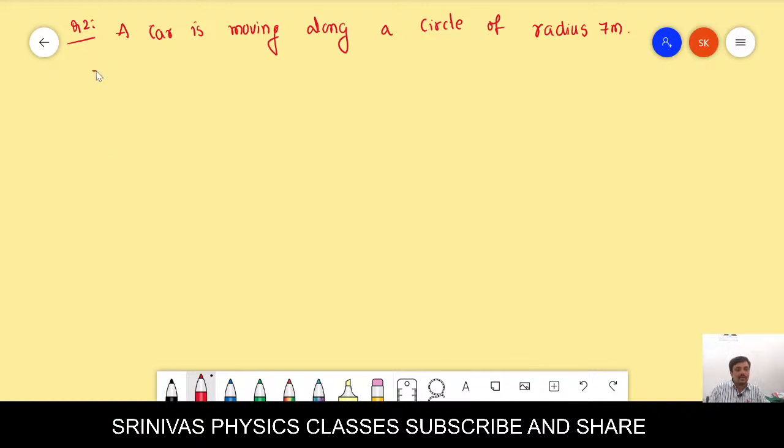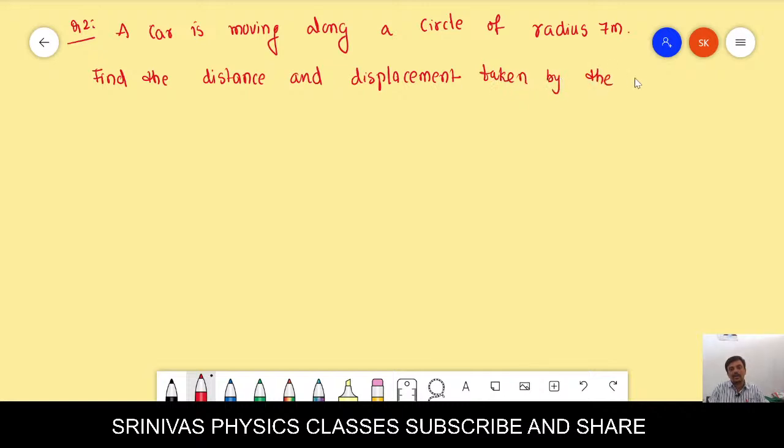Find the distance and displacement. Find the distance and displacement taken by the car